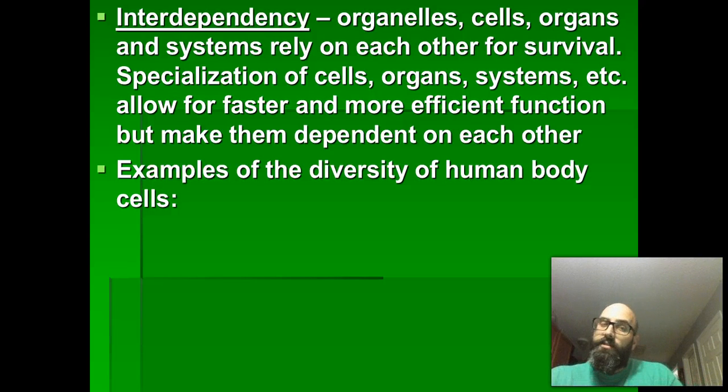But what we end up with also is there's this level of interdependency, and in order to allow a human being to function properly and more efficiently, we have specialization of cells. That means that certain segments of the DNA have been turned on or off and actually cause the cells to have a very specific job. Think of it like an assembly line. You have one person put tires on, you have one person that puts the steering wheel on, you have all these different people, and it's faster and more efficient to be good at one job than it is to try to be good at building an entire car.